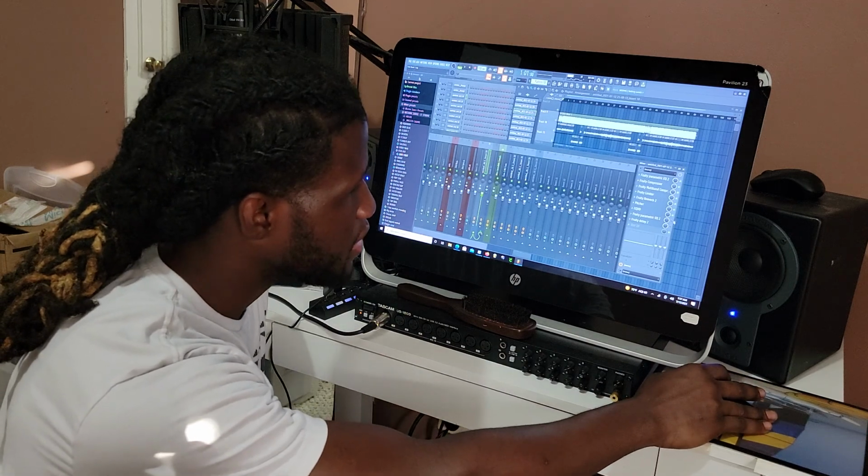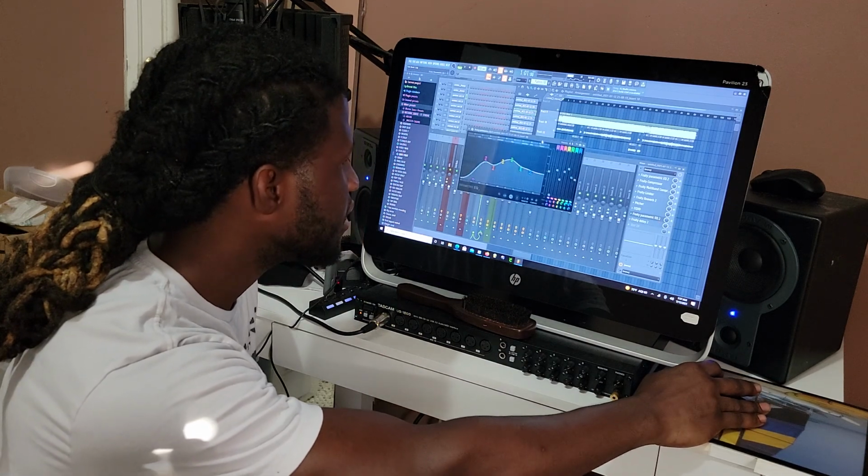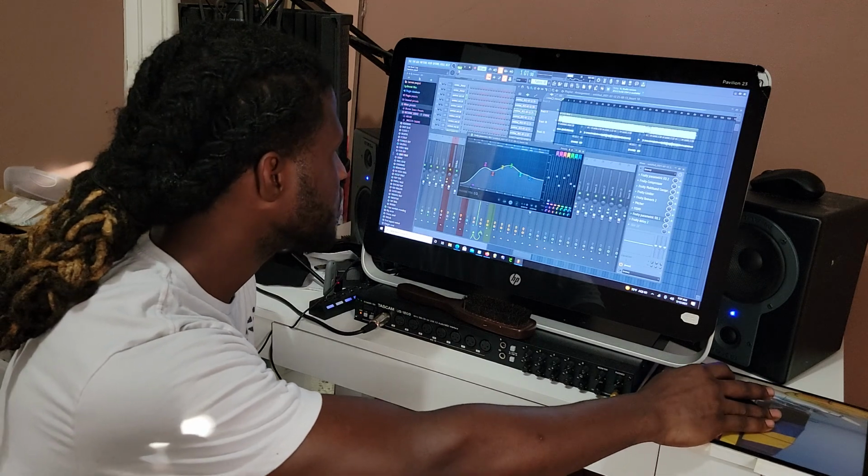Okay, all right, and then next up I had another EQ, and as you can see, basically what this is doing,